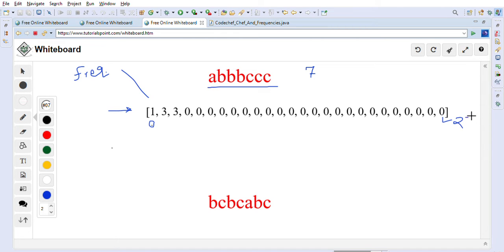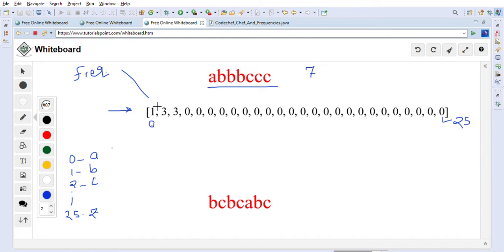And 0 is mapped to A, 1 is mapped to B, 2 is mapped to C, similarly if you go on, 25 will be mapped to Z. So this is what the mapping will be, because we use an integer array as the frequency array since integers are easy for manipulation.